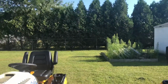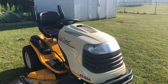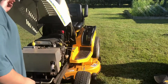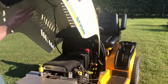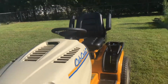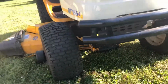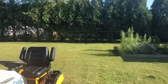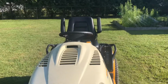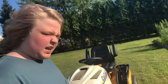Trying to think of some things. They look very similar. Obviously, one thing is with the horizontal shaft engine on the 2500 or the GT2544, the exhaust comes out the front of the hood. The exhaust comes out on the GT1554 down here. The way that the deck is driven on the 2500 series is through a mule drive, just like the old International Harvester Cub Cadets. The front axle on these is a little bit heavier than those, but they're both cast iron. You don't need to worry about them ever breaking. Cast iron is one of the strongest